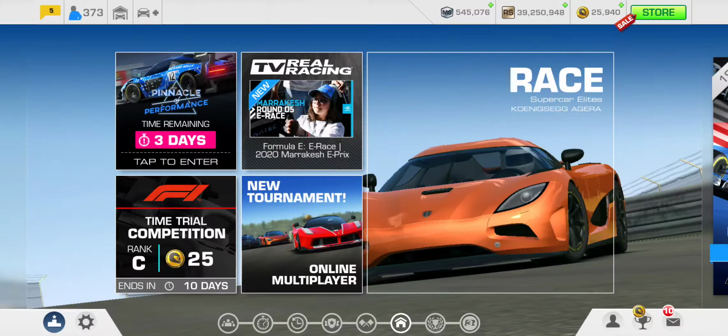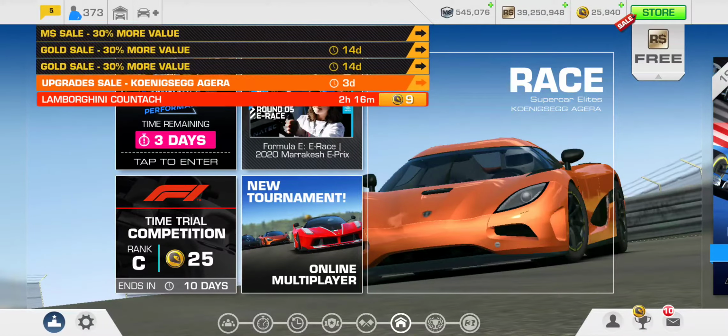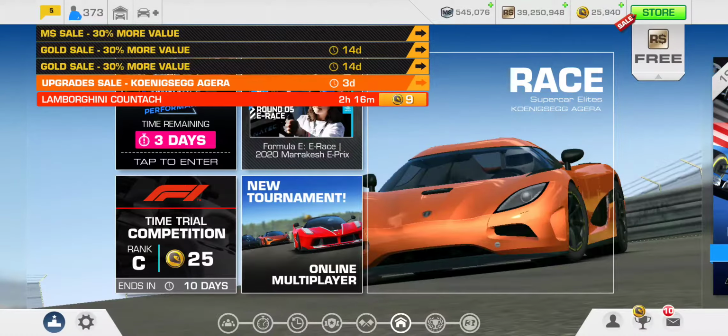Alright, there is currently a car sale and a discount on upgrades for this beauty going on. Of course, we're talking about the Koenigsegg Agera that you see here. So 30% off the car and 30% off all upgrades, or as they call it, up to 30%,